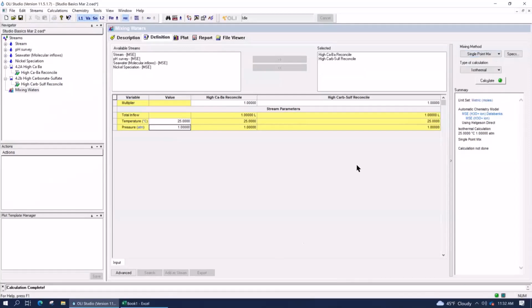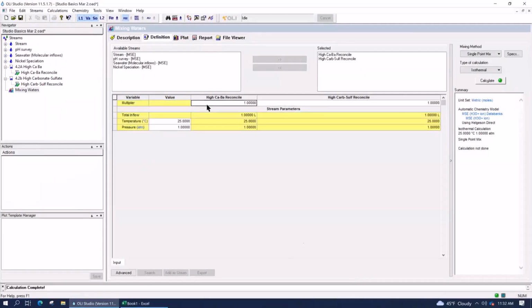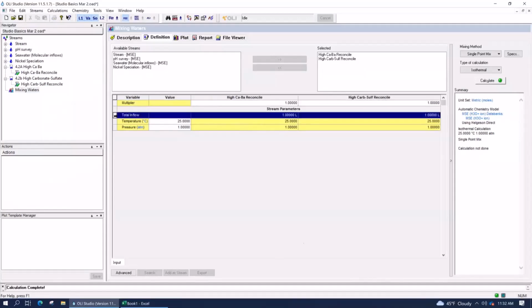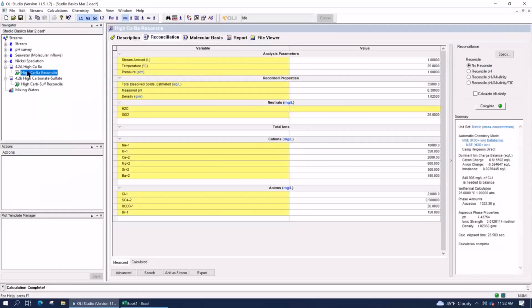Now, in terms of what A plus B contains, I want you to notice the grid entries here. There is a top level row called multiplier. I want to get to that in just a second. What I want to do first is look at the third row, total inflow. Total inflow right now is set to 1 liter for each, because that's what the stream that you brought in is set to.